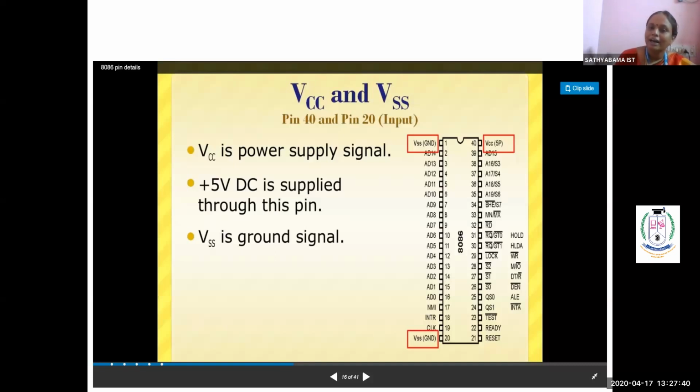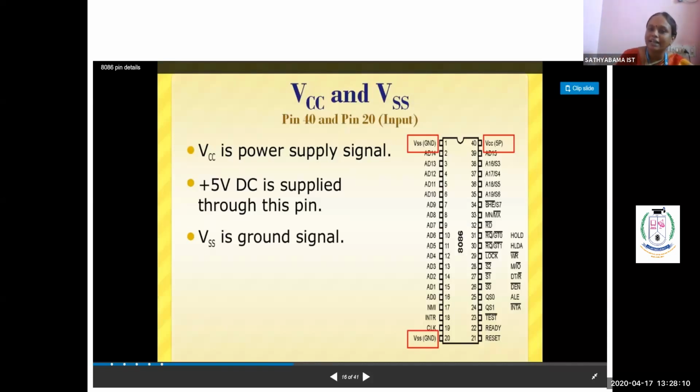And one more thing, they can ask about the signals in 2 marks, or sometimes in part B the question will be like: explain the pin details of 8086 and explain in detail about the signals used in 8086. So this question is mainly about the signals of 8086, and we have seen power signals, DMA signals, interrupt signals, address and data signals, and memory and IO control signals. So 5 signals we have seen.